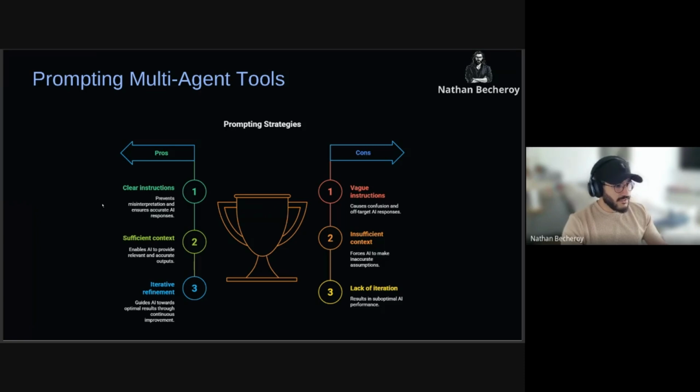There's also sufficient context to enable the AI to provide relevant and accurate outputs, and then iterative refinement to guide the AI toward the optimal result.